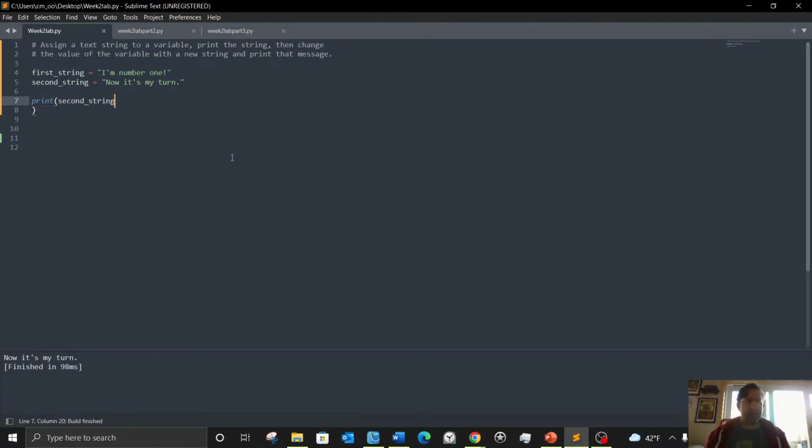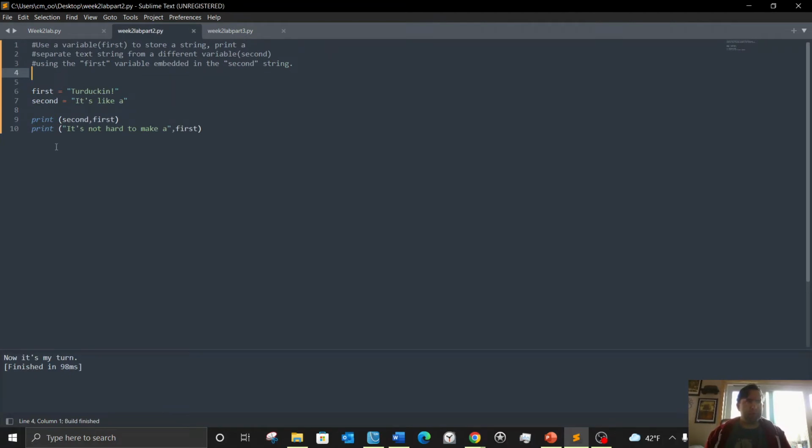Print it again. Okay. So now we're going to go to part 2. This had said use a variable first to store a string, and print a separate text string from a different variable second, using the first variable embedded in the second string. Alright, so